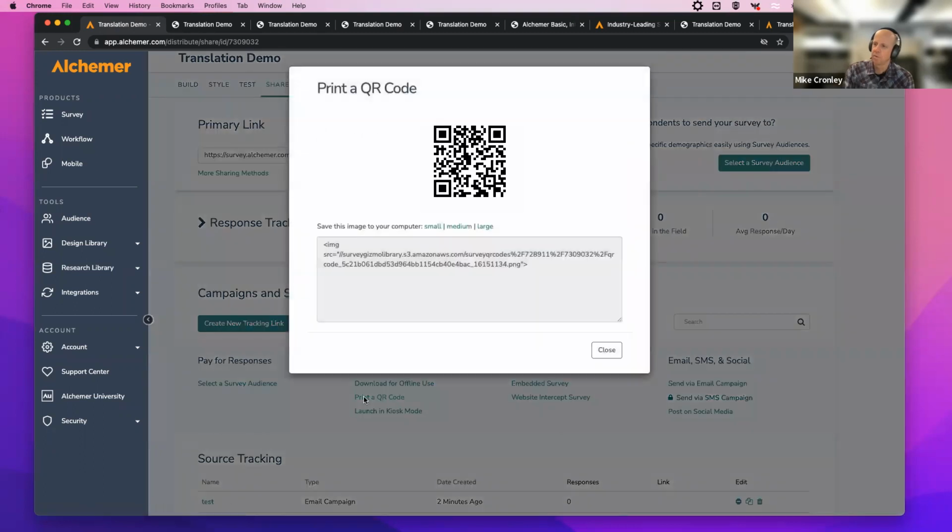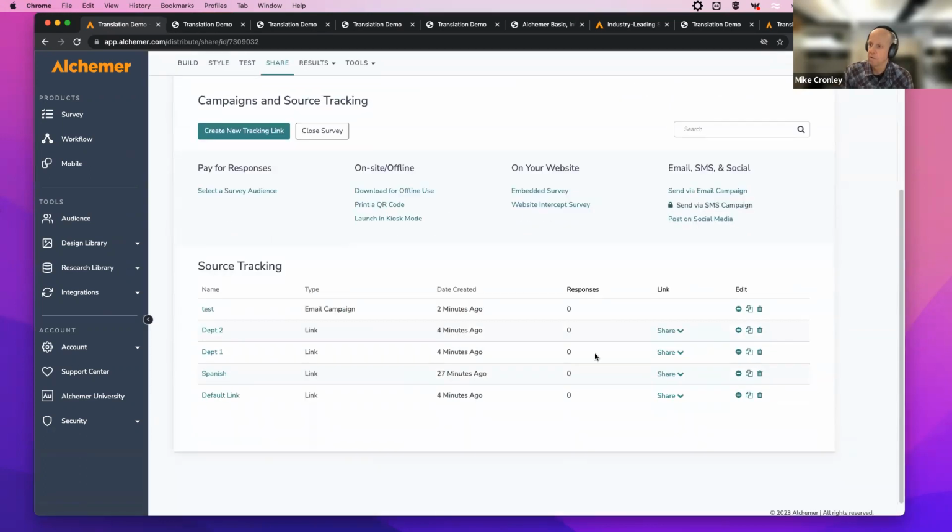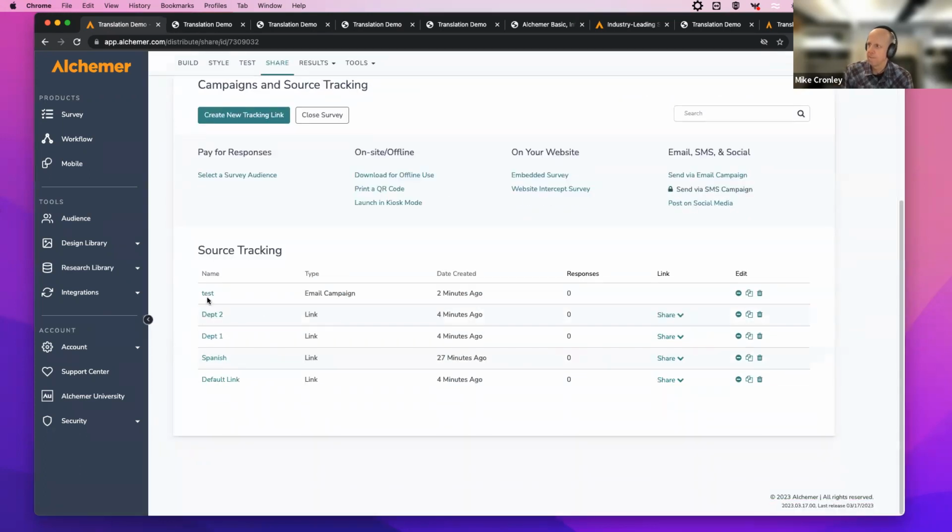If you're maybe at an event and you say we would love your feedback, and you print this out, display it, and people can go by on their phone and just take the survey really quickly off their device. That's a nice use case for it. And you can do the same thing with these tracking links.